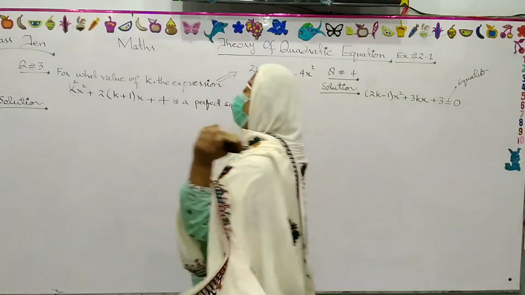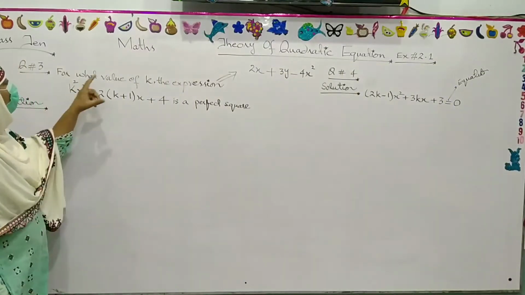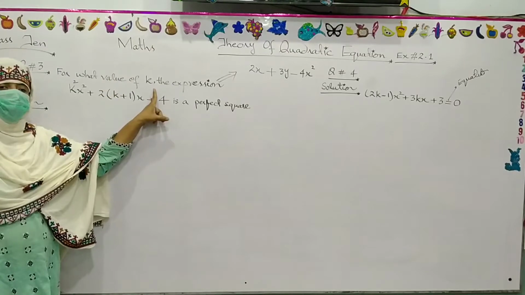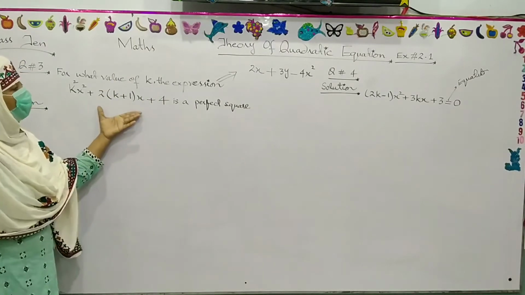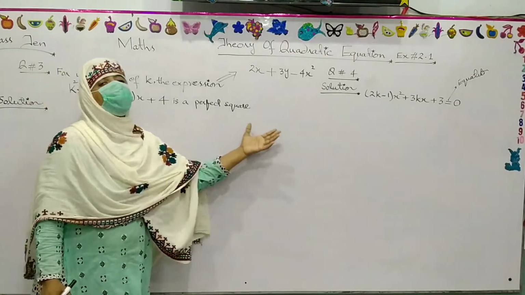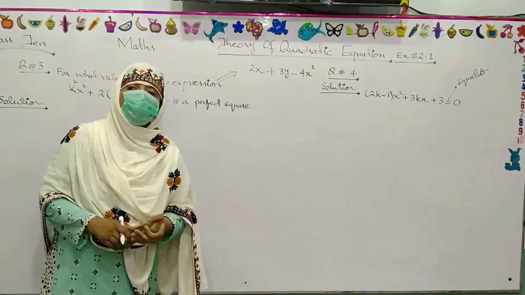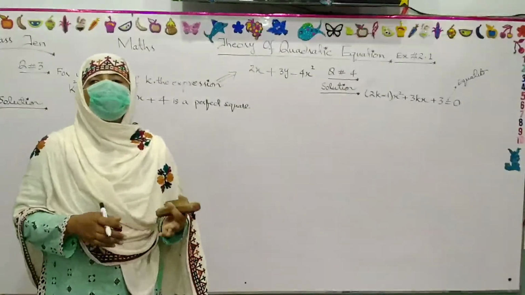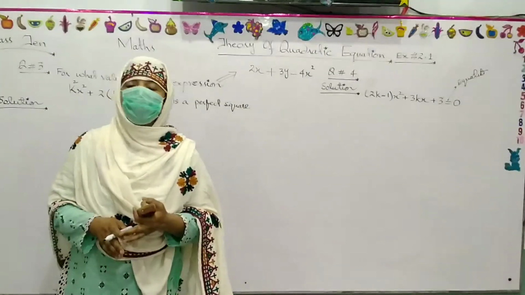Now students, what is our requirement? We have to find the value of k, for which this expression will become a perfect square. And when we find the value of any unknown, we substitute it